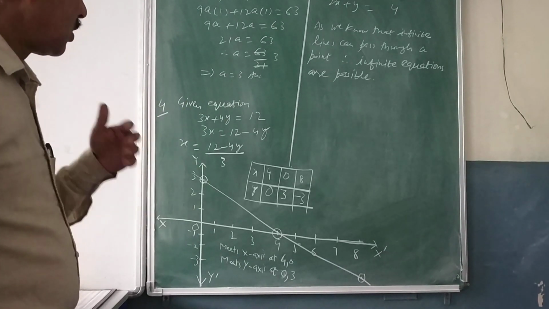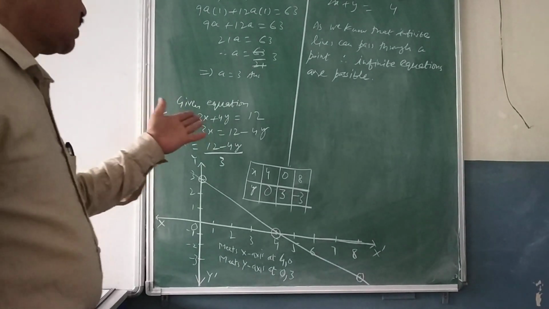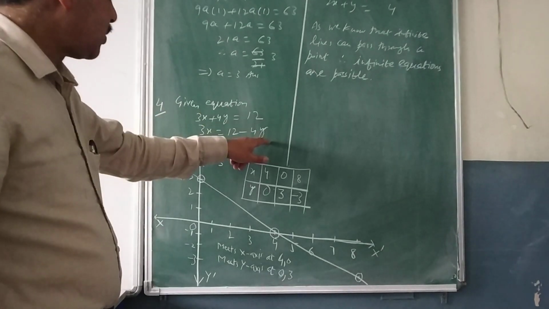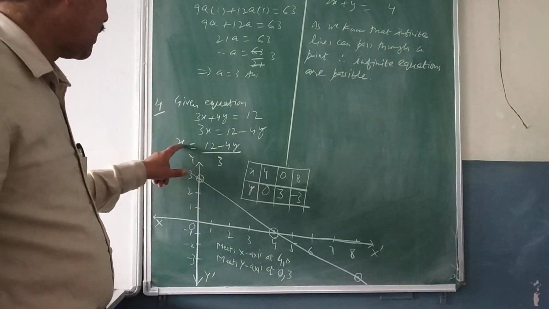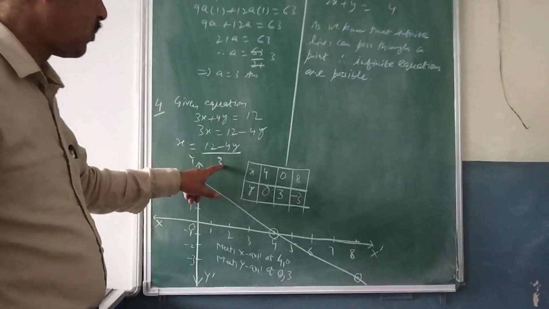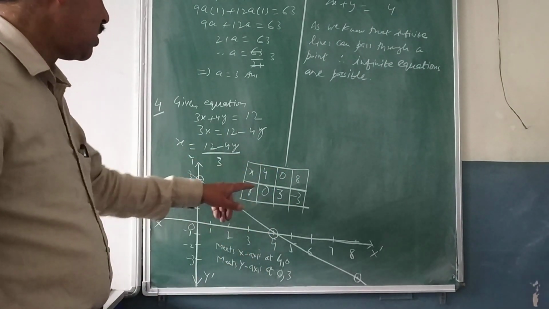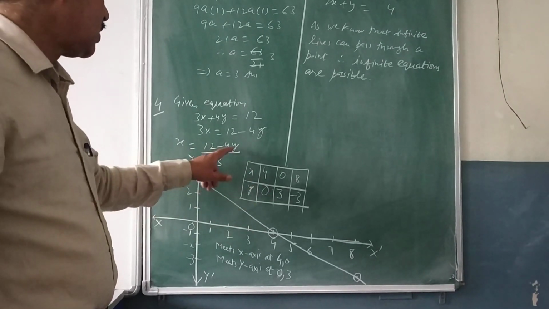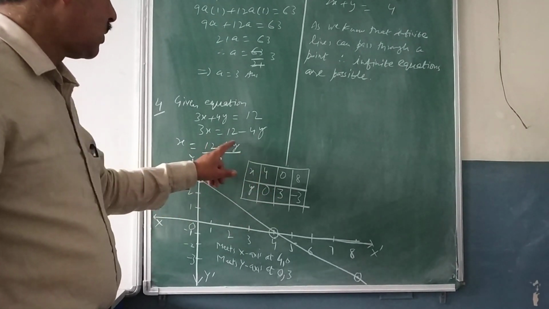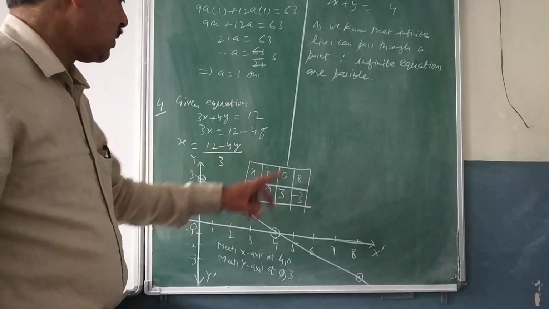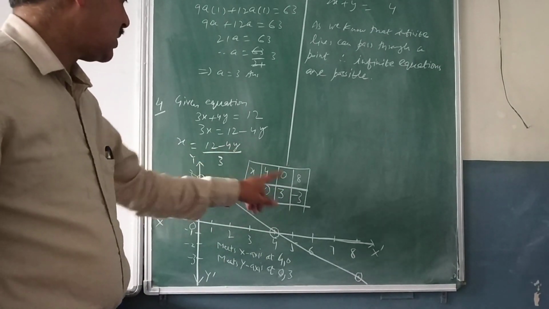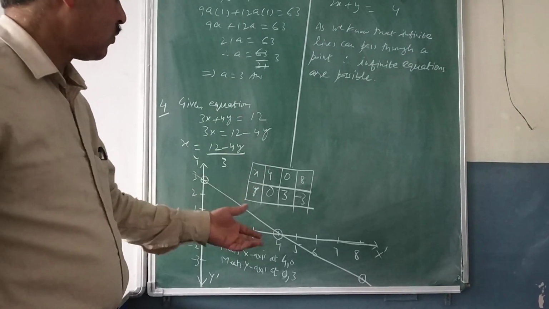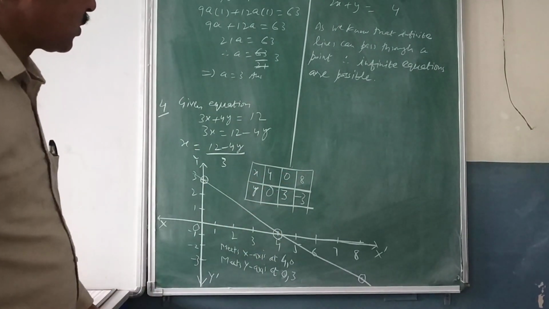So first of all, you repeat the procedure. That is, again I have explained. I have just shifted this y to this and expressed x in terms of y, that is x is equal to 12 minus 4y upon 3, to get the solution sets. If y is equal to 0, 3 4s are 12, x will be 4. If y is equal to 3, 3 4s are 12, 12 minus 12 is equal to 0, so x will be 0. If y is equal to minus 3, into minus 4 plus 12, 12 plus 12, 24, so your x will be equal to 8.